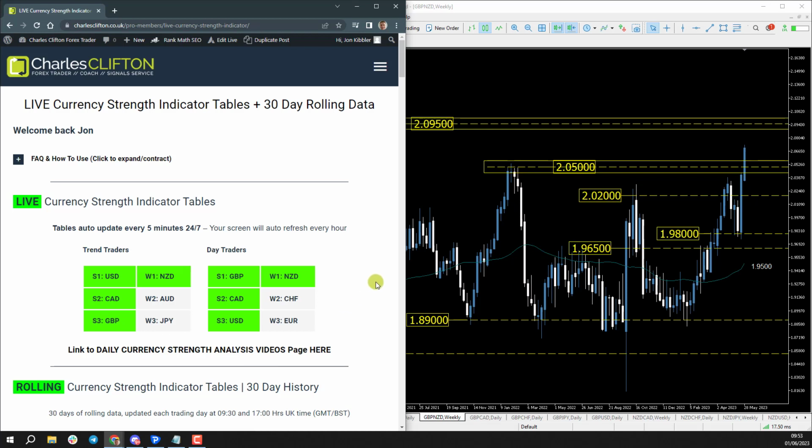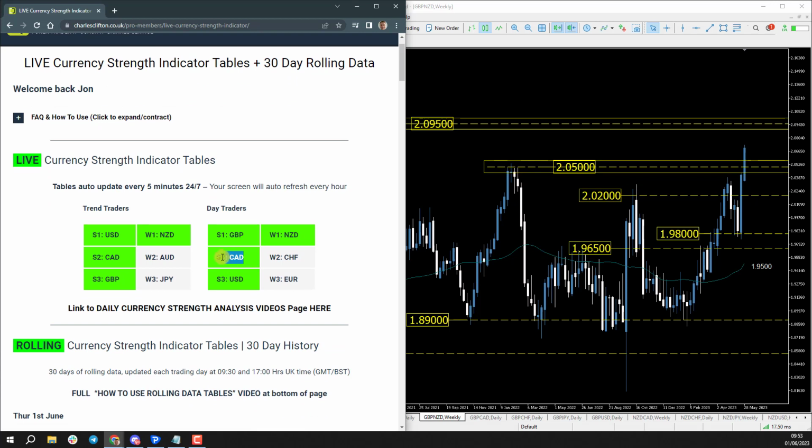Our table showing us that the New Zealand dollar still remains one of the weakest currencies, or the weakest currency, according to both tables. So that's where we're going to be focusing our attention. And we've got three strong currencies at the moment. We've got the pound as S1 on our day traders, followed by the Canadian dollar, followed by the US dollar. So the US dollar actually slipping down the table slightly, showing that maybe there's a little bit of momentum fading with the dollar in particular, but looking to see if pound Kiwi is going to continue to move to the